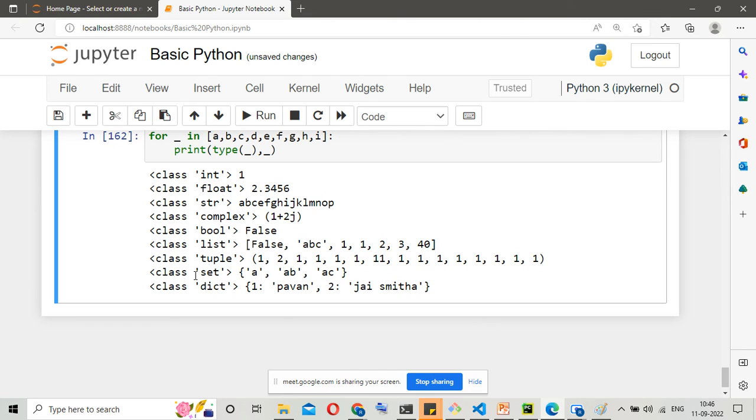So we worked on integer today and we talked about float, string, complex, boolean, list, tuple,